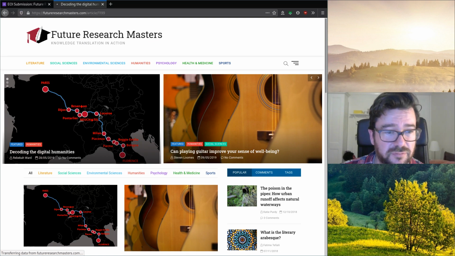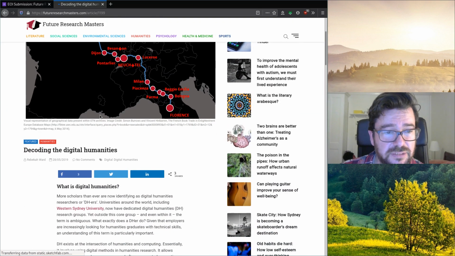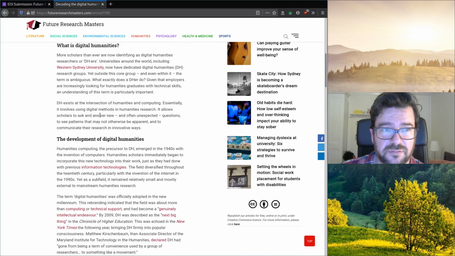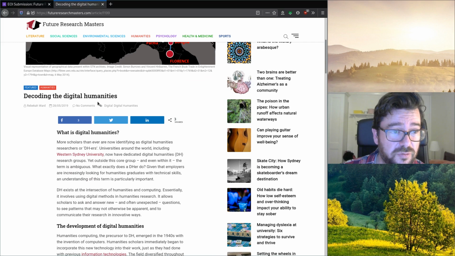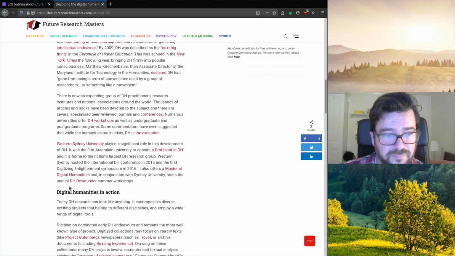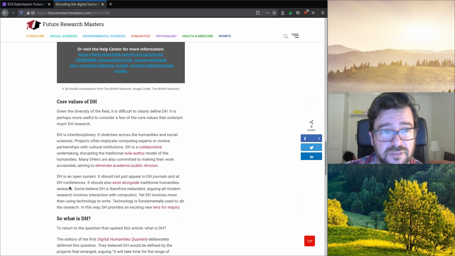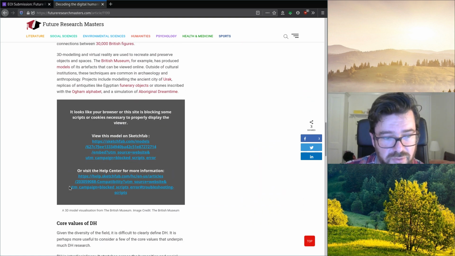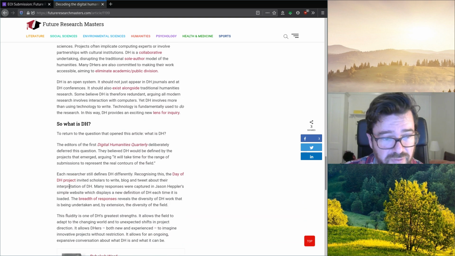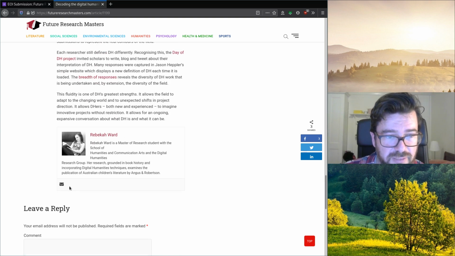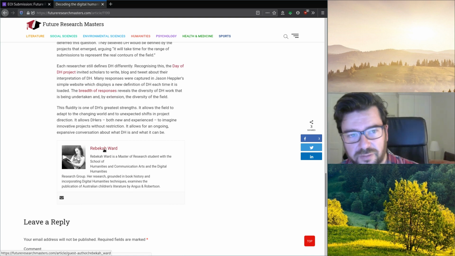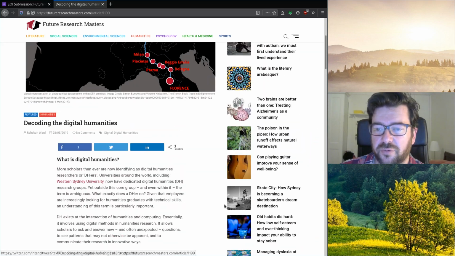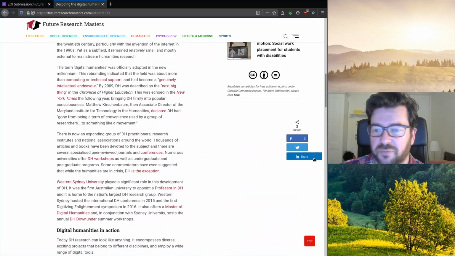If we have a look at what the story looks like, it's very pretty. Let's check out the start here. What is digital? So this is an explainer piece, obviously. Decoding the digital humanities. What is the digital humanities? Let's use the subheads. Ooh, broken image. Dear oh dear, that's what happens on the internet, isn't it? Super exciting. Good old Beck Wardra, I think she's doing a PhD with us now, or just about to start a PhD. And you can see we've got links to the socials,